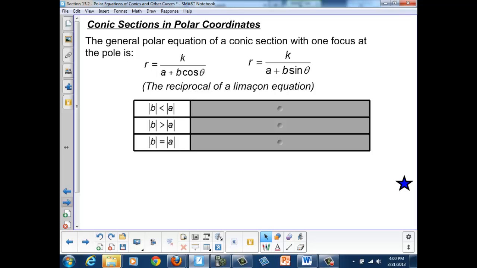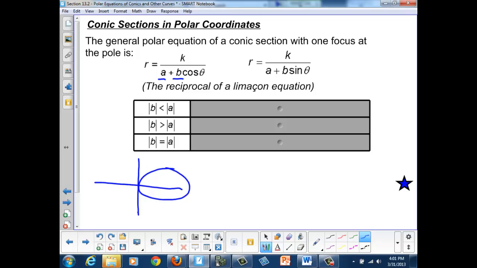Now, here's the way I figure out those relationships. If I think about the different graphs of our conic sections, I know that my ellipse is a continuous graph. There are no discontinuities when I draw an ellipse. So that would mean that there could be no discontinuities in my polar equation either. And the only way I can have a discontinuity here is if I'm dividing by 0. Dividing by 0 would mean that my b value would have to be larger than my a value. Think about that and figure out why that would be true. So if b is greater than a, that would mean that I couldn't have an ellipse. If b is less than a, then there's no way for me to divide by 0, and that would give me